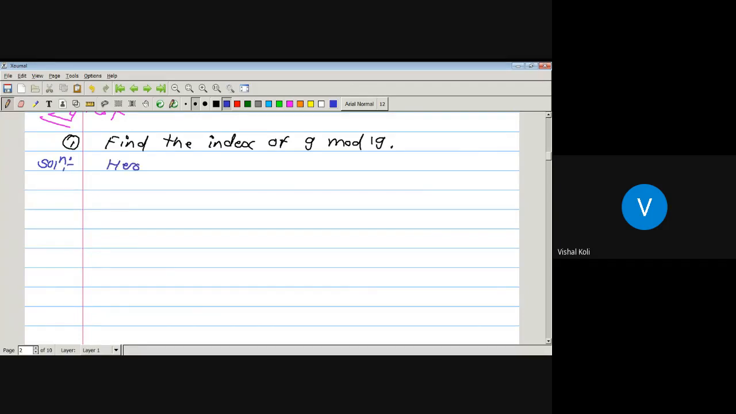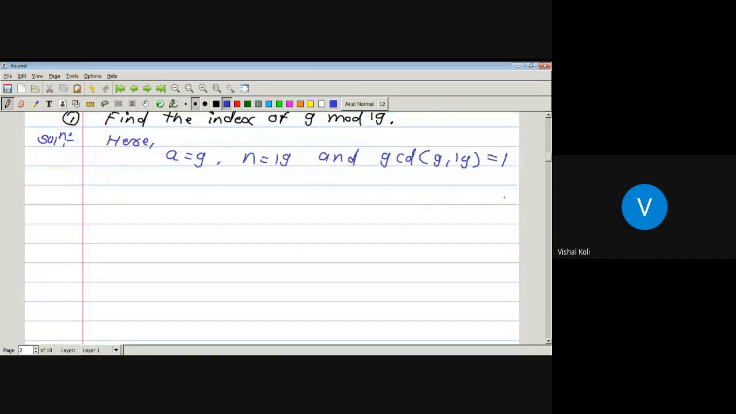Here we have to find out the index of 9 modulo 19. It means a is nothing but 9, and over modulo 19 means n is 19. The GCD of a and n, that is 9 and 19, is equal to 1. Then we just have to go by the definition of the theory of index. So here a equals 9, n equals 19, and these two integers are